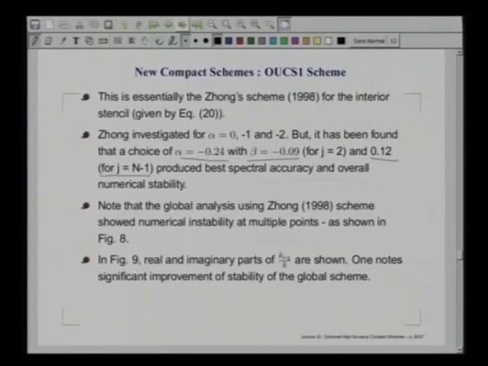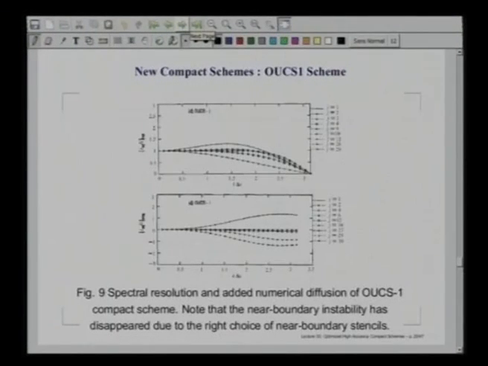And you notice that for our first point we had an explicit scheme, so we do not have to have any fix there. Now, what we can do is plot the properties of this scheme, and you see what has happened. This is what we get for the real part, and we get a fairly decent property, as good or even better than the Zhong scheme,